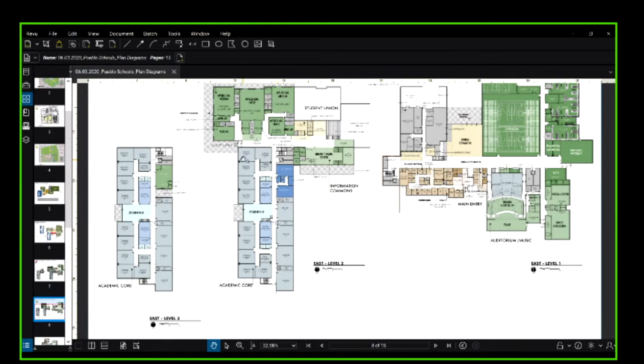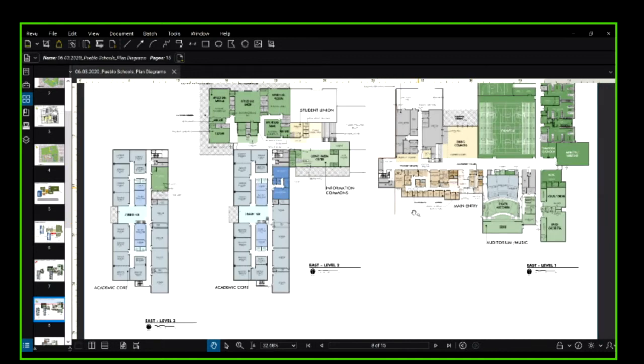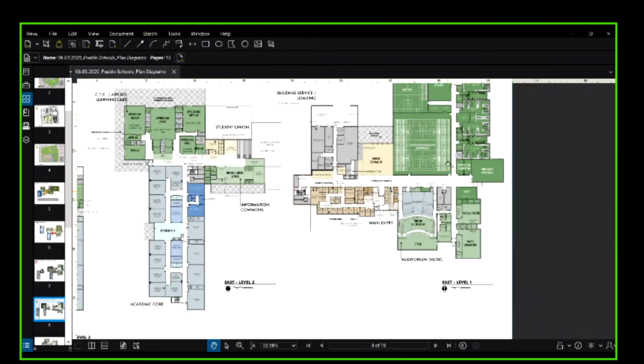So we're still dealing with the prototype. We're still trying to maintain as much of the same as we can. Unfortunately, on East, because of the building step, we need to figure out a different way to get up and break the building. The nice thing is we don't have to break it for gymnasium and theater. That can all be at one level.